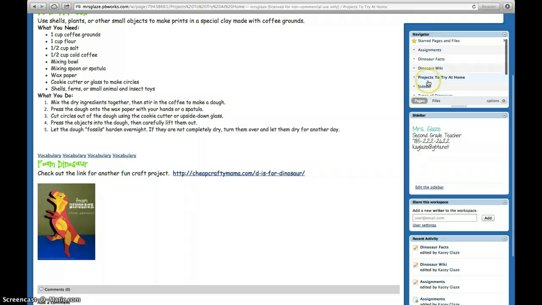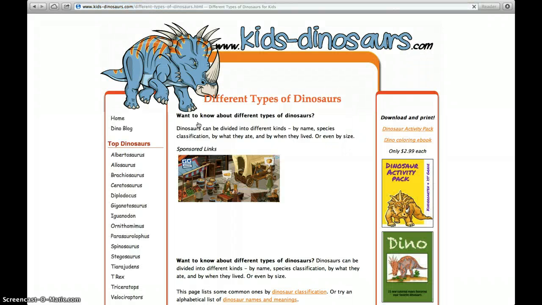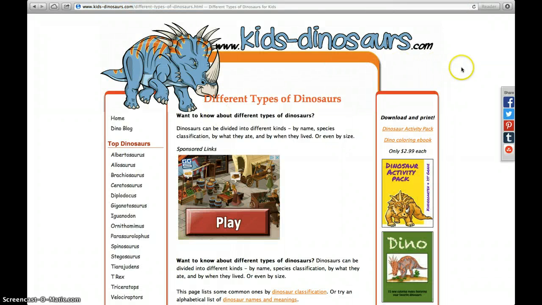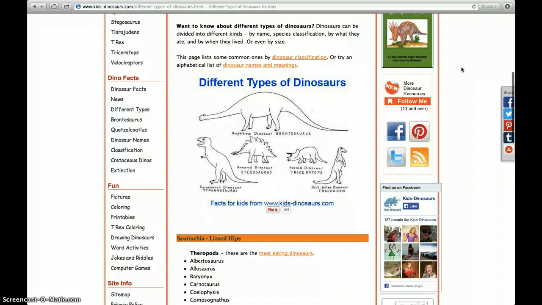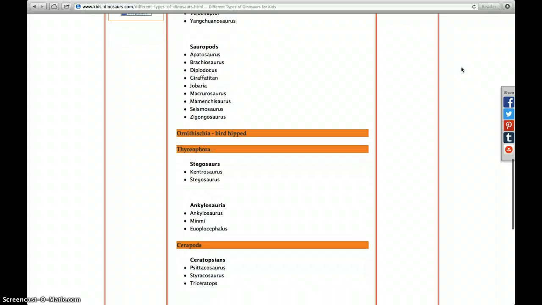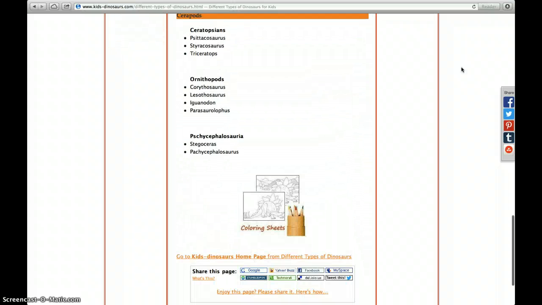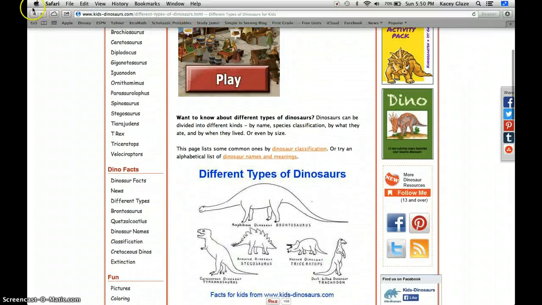So we'll go back to types of dinosaurs. This here is just a reference page for students about the different types of dinosaurs, and I've also included a link for them to explore. We click on that. It takes them right to this website, which is kid friendly, and it tells them about the different types of dinosaurs sorted into the different categories. So this could be helpful for them when they're trying to find some of those facts that I've listed on the previous page. So we'll go back